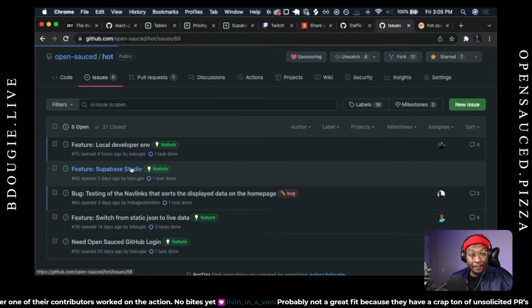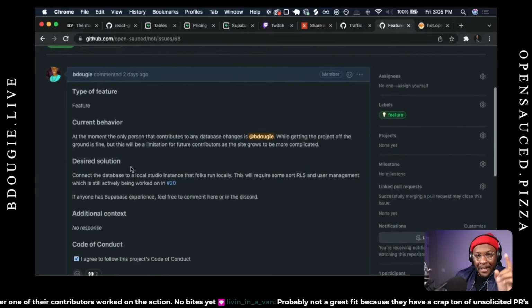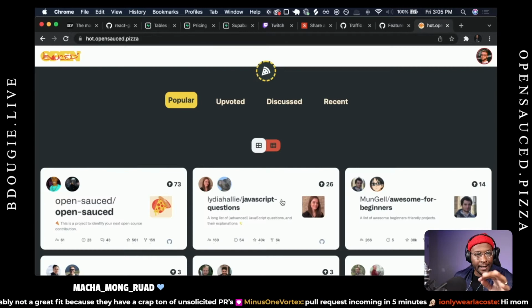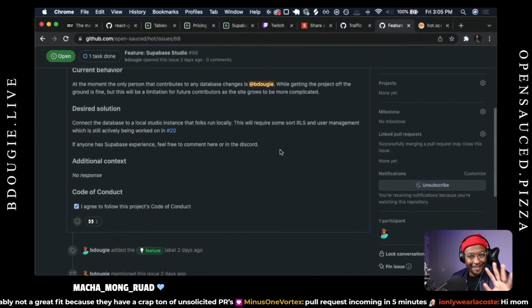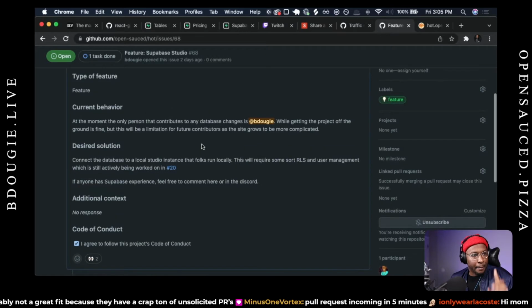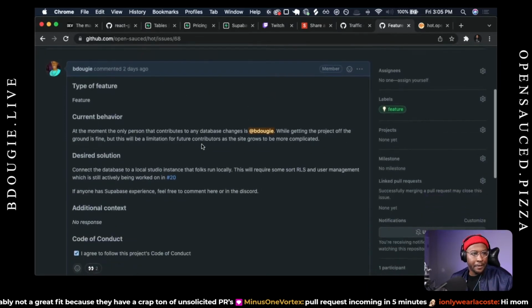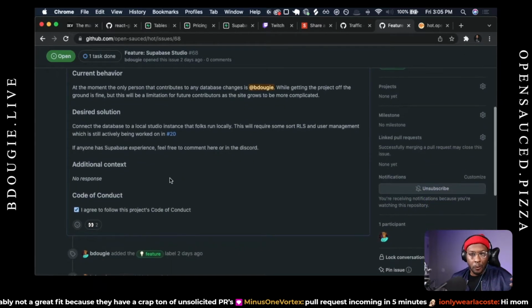Another thing I wanted to bring up is Supabase Studio. Now, if you haven't heard about Supabase, Supabase is actually powering a lot of this project. All the data you see is actually coming from Supabase, sort of. We're still using some mocked static JSON right now, while still testing and figuring out infinite scroll. But for now, Supabase Studio is supposed to make it easier to have a local environment, so you don't actually have to host your own version of Supabase in a Postgres database. You could actually encourage other folks to run a local.